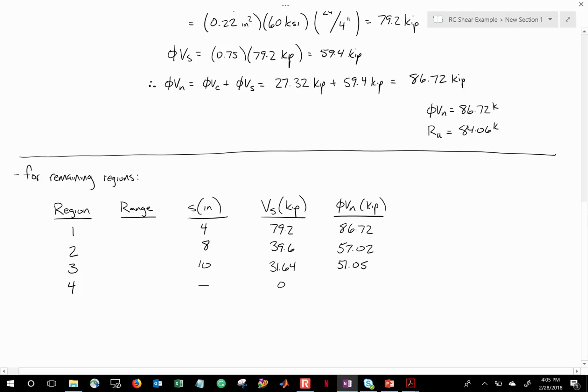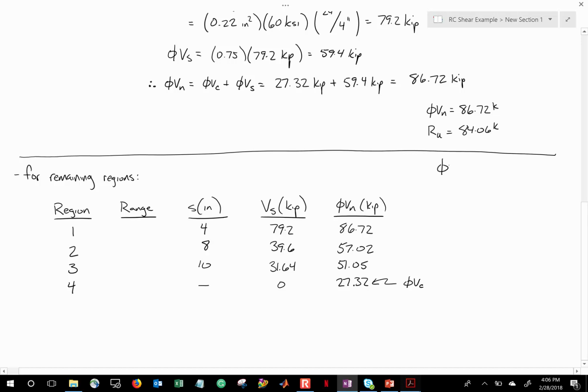So if there is no shear capacity provided by the stirrups, then the ultimate capacity of the section in shear is just 27.32 kips. And that value right here,